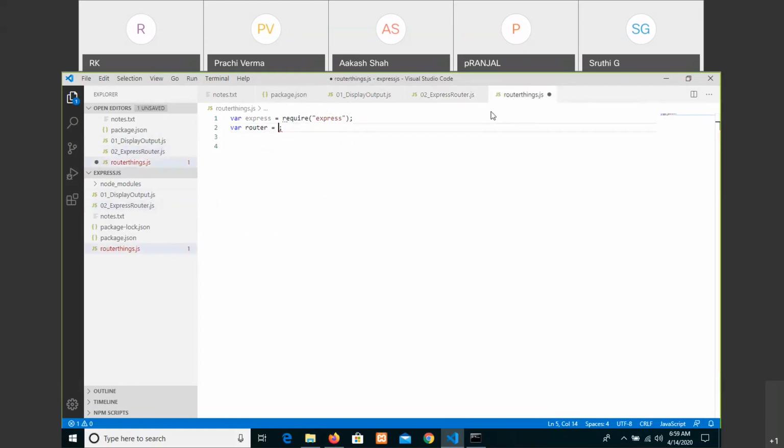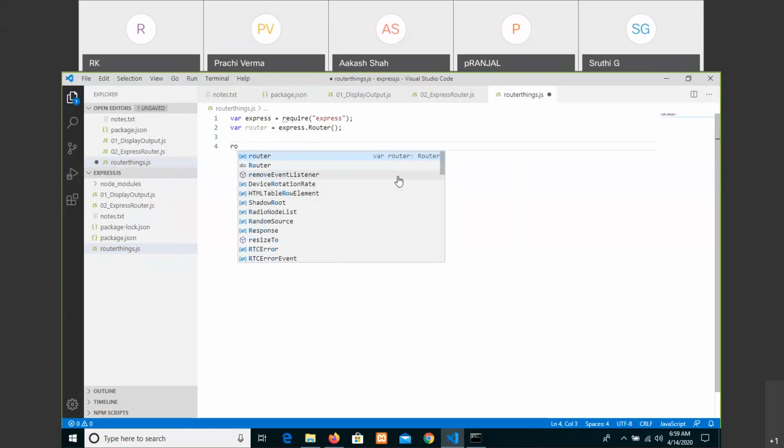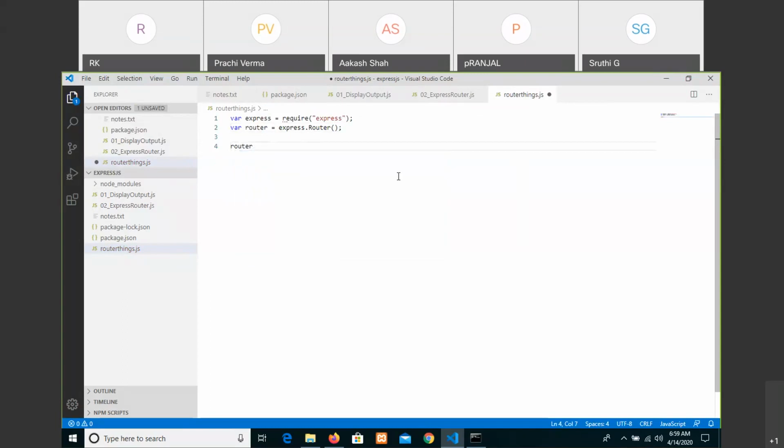So in this, as we want to work with the concept of entering into the routing URL, from express, dot Router is a constructor. Then these two things once we have set, now using the router object, dot get is a built-in method, or whatever you want to do, you can write in this.